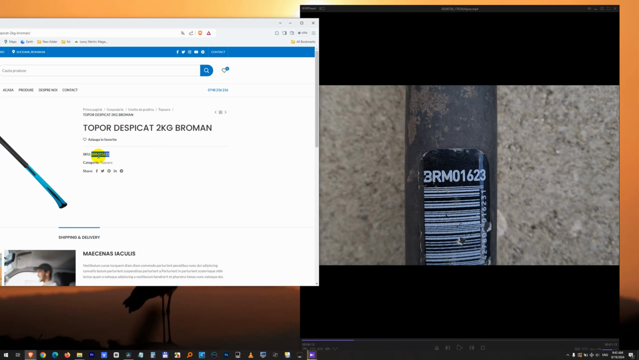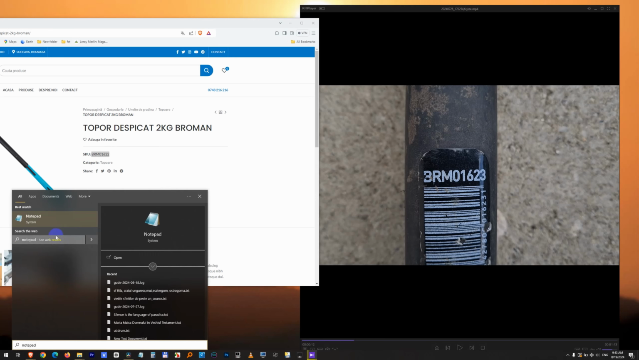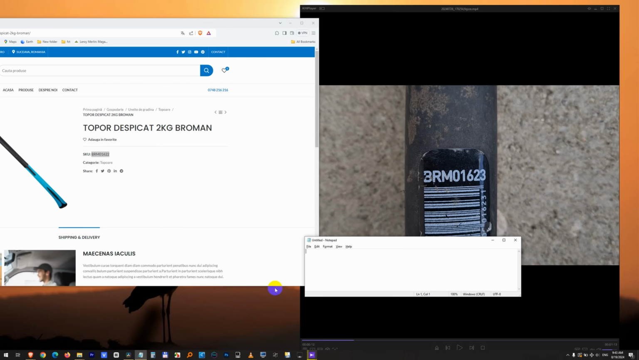Well, luckily I can copy this text. Copy, and go to the start menu. Type in Notepad. Click on Notepad and paste it in here. Paste. You can press Ctrl and the plus key on the numeric keypad to zoom in, and here it is